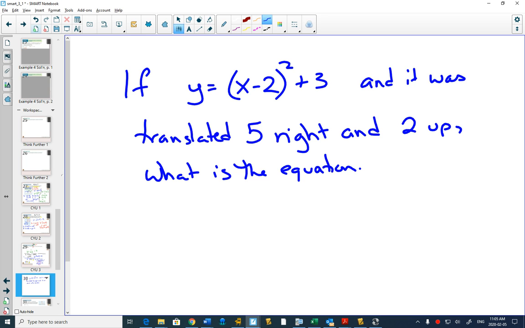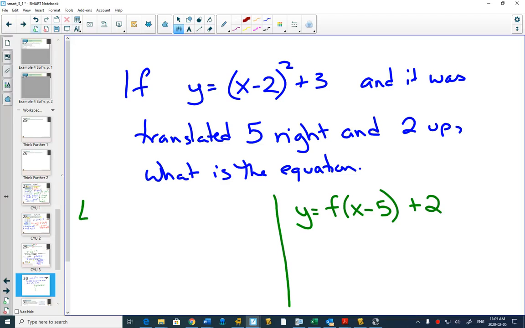In function notation, 5 right would be x minus 5, 2 up would be plus 2. That's function notation. That would be straightforward inside the function, okay? Minus 5 inside, plus 2 outside the function. If I let my function equal what I started with,